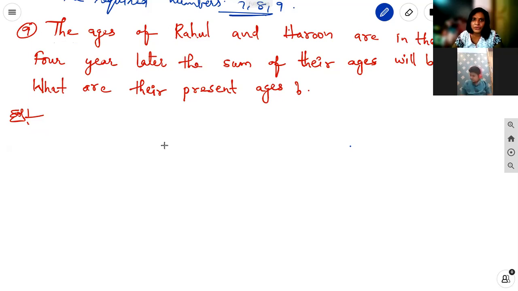Ninth problem. The ages of Rahul and Harun are in the ratio 5:7. Four years later, the sum of their ages will be 56 years. Ratio is 5:7. What are their present ages? Okay, first of all, we can take Rahul and Harun